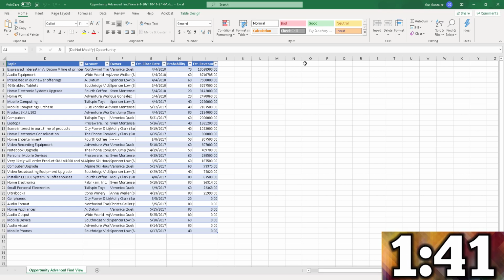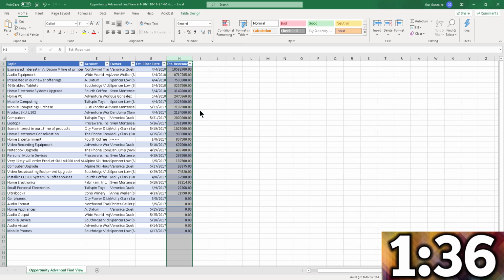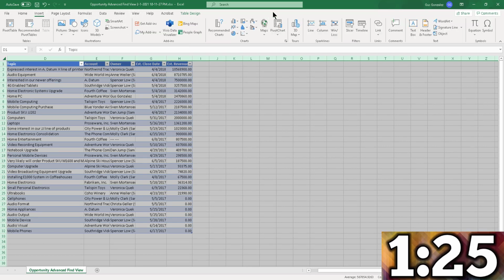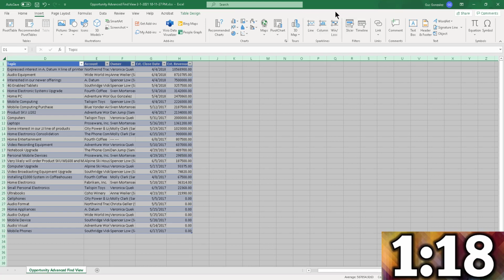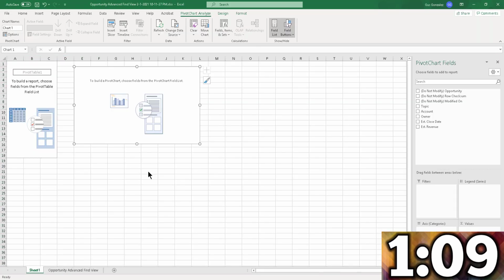Now, you might not need all this data. For example, we might not need probability, but that's the beauty about Excel. Once it's in Excel, you can manage it. As you can see, I just removed a column. If you don't need something, just get rid of it. But the beauty of it is you can always go into Excel and insert a chart. Look at all of these different options that we have. You can compare win and loss. I mean, there's just a ton of functionality here. This is not an Excel channel, so I'm not going to go into all that detail. But what I'm going to do is select a pivot chart and go ahead